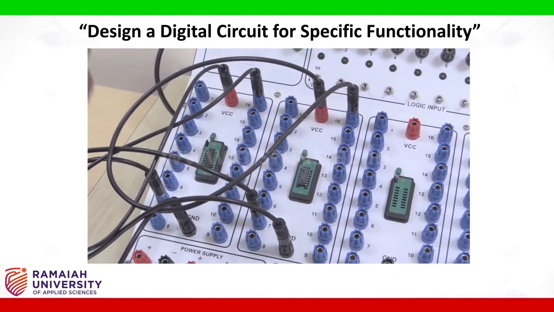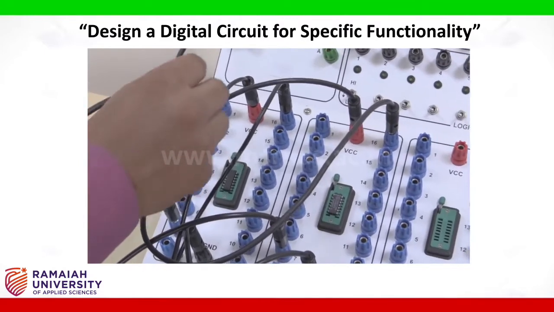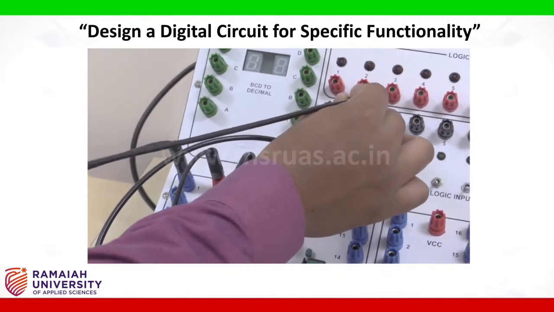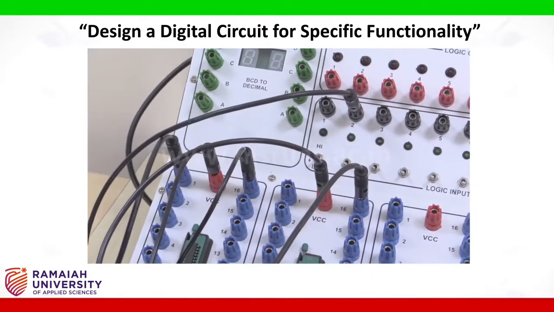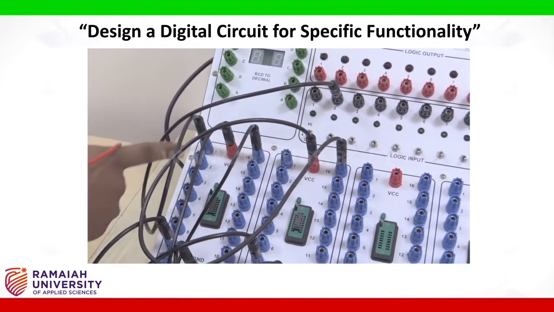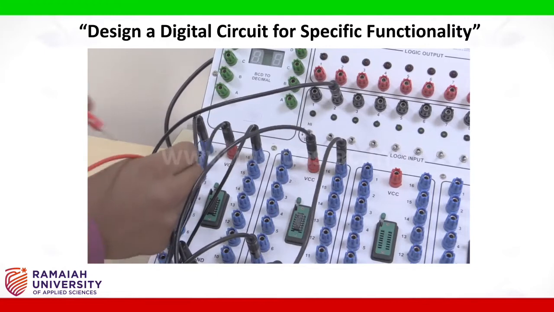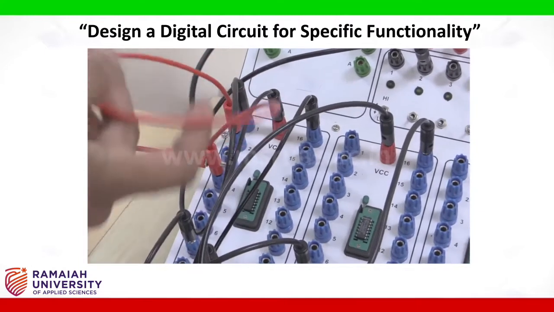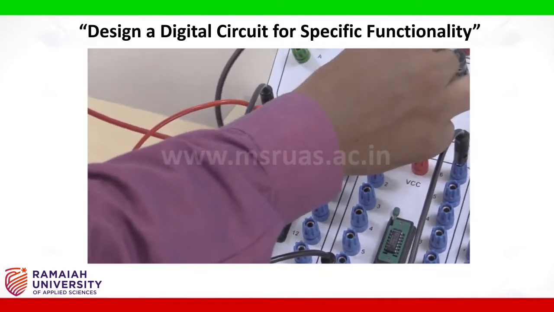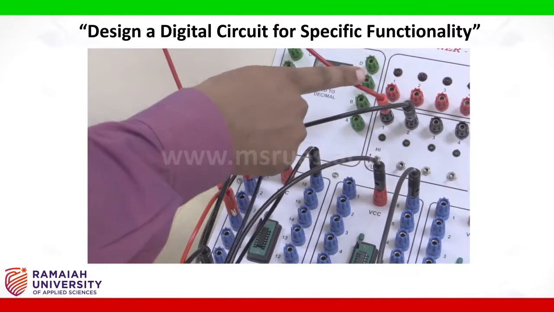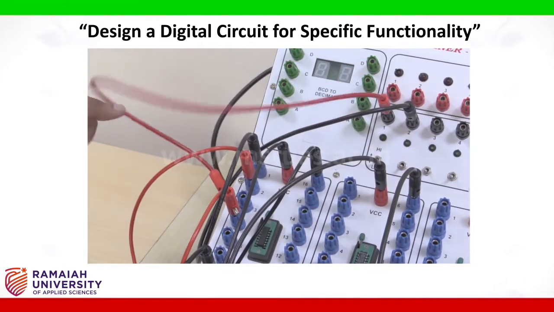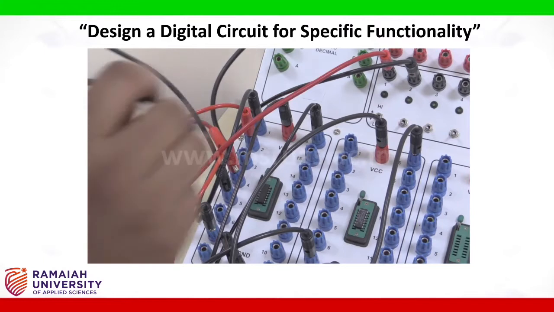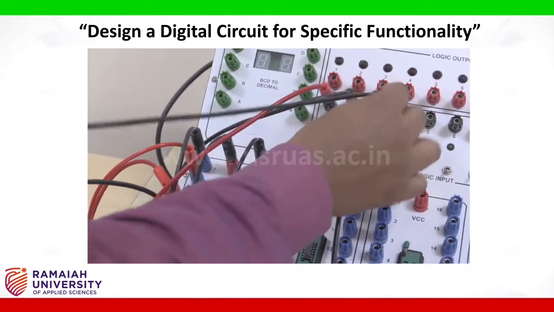Now as per the circuit diagram, I am connecting. So pin number 1 of AND gate is considered as input, that is C. Here pin number 2 and 4 are shorted, and from that it is given as an input B. I am considering this as B and this is C. And pin number 5 of the AND gate I am considering as input D. I am connecting to the input knob.